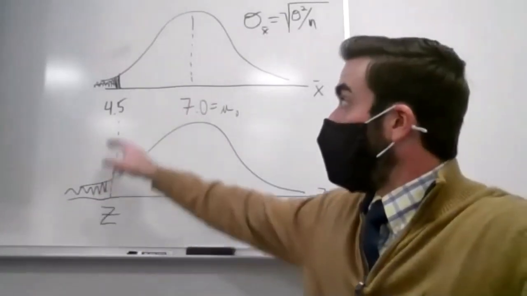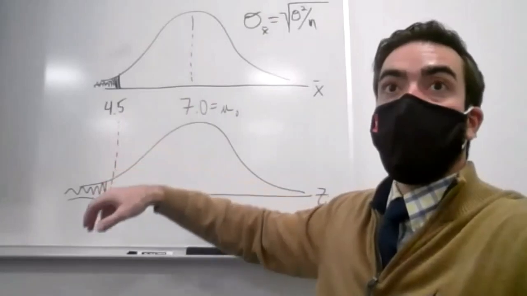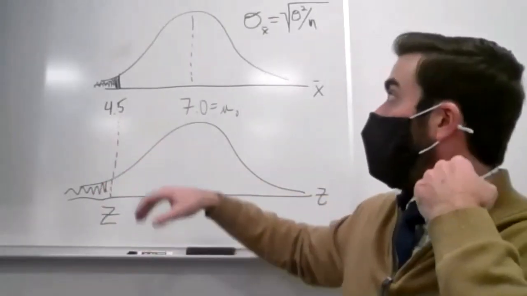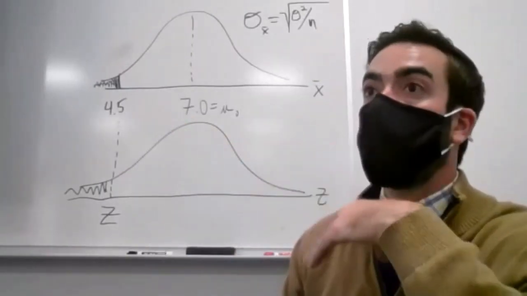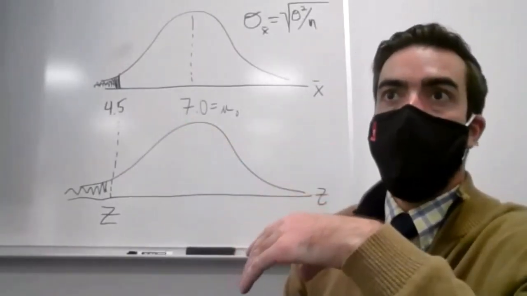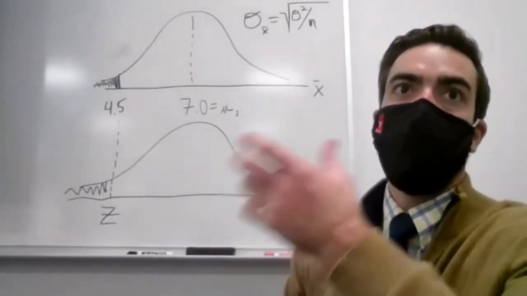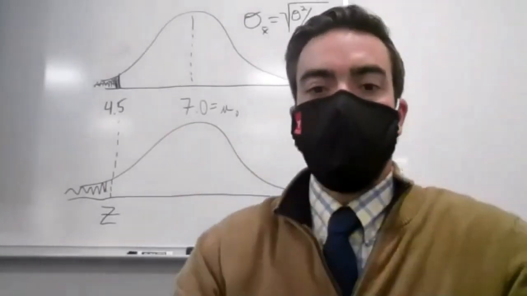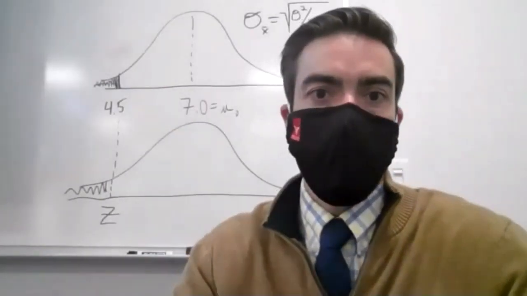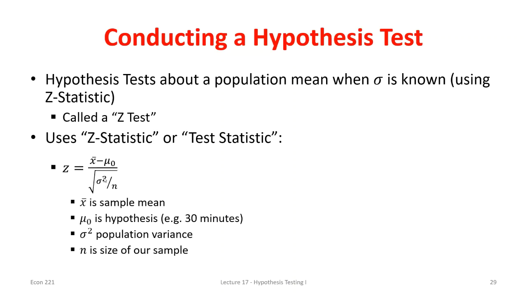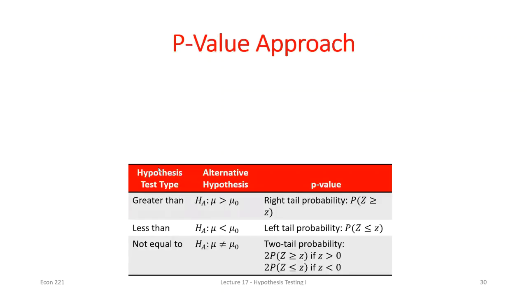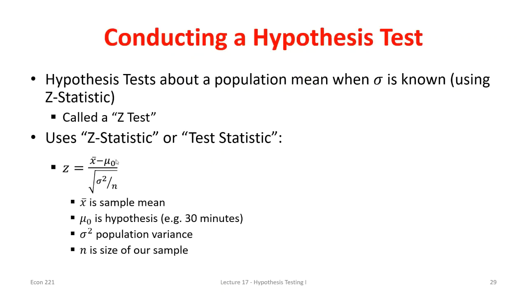Right? If this probability that I saw 4.5 starts to get low enough, then it's probably not likely that this, in fact, is the true mean. What I assume to be true probably isn't true, right? But how low of a probability is low enough? Well, just to recap, we'll calculate this test statistic. Once we have this test statistic, now we can complete the example. So if I want to know how low is low enough,